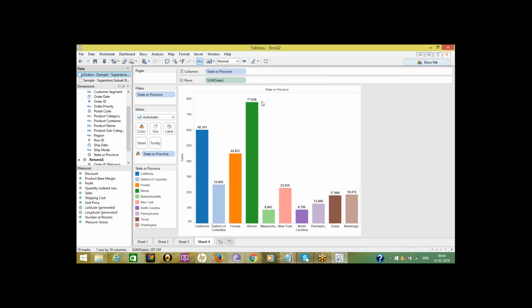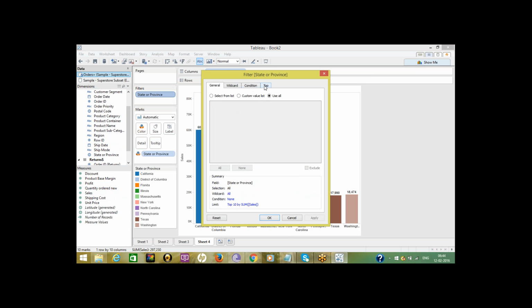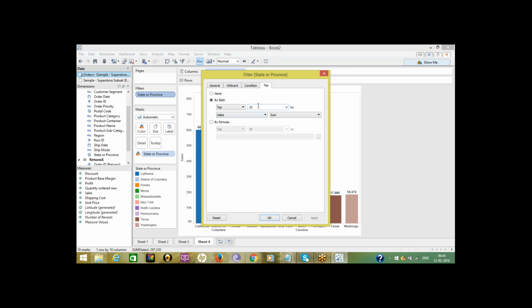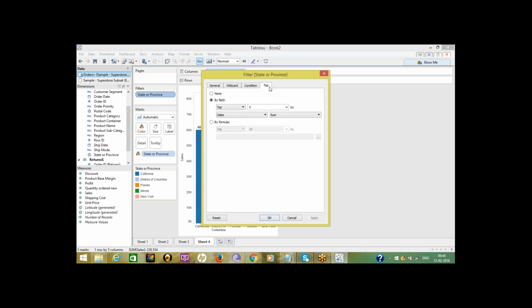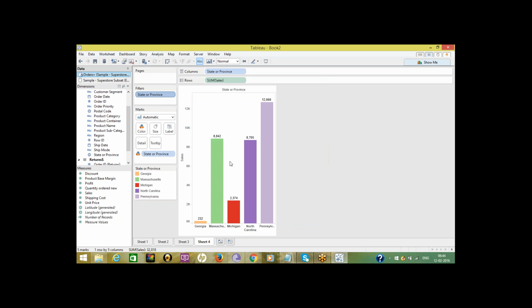All these are top 10 states. Example, top 5 states. Here instead of top, bottom 5 sales, the least 5.